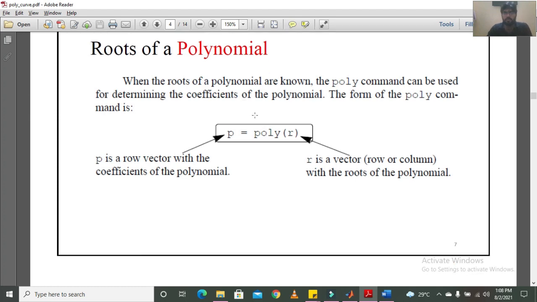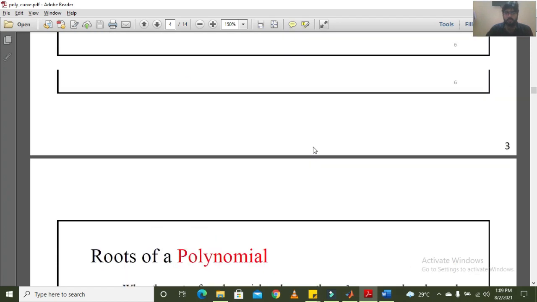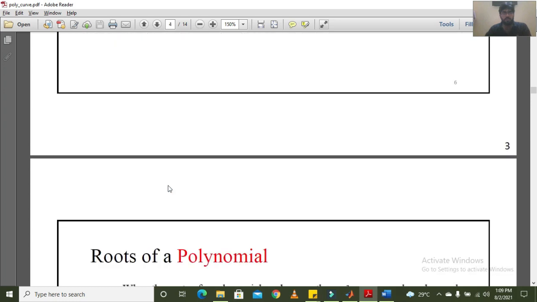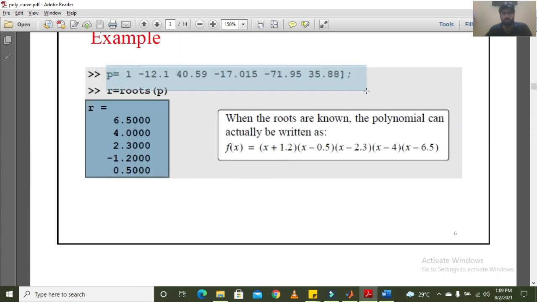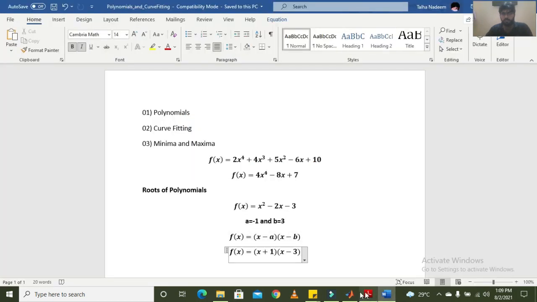Okay, so next is basically the function of poly. Poly's function is basically to calculate the polynomial by using the roots. And let's say if I use this relation, this polynomial, and I define it as